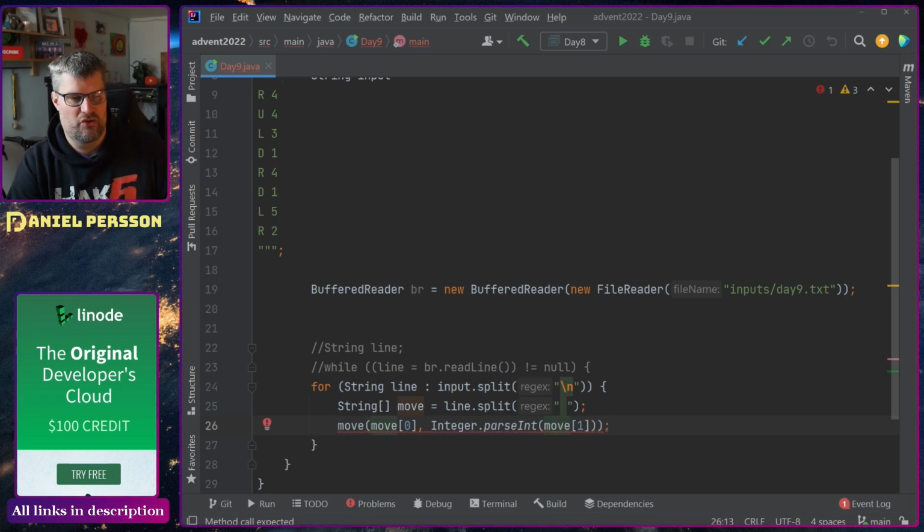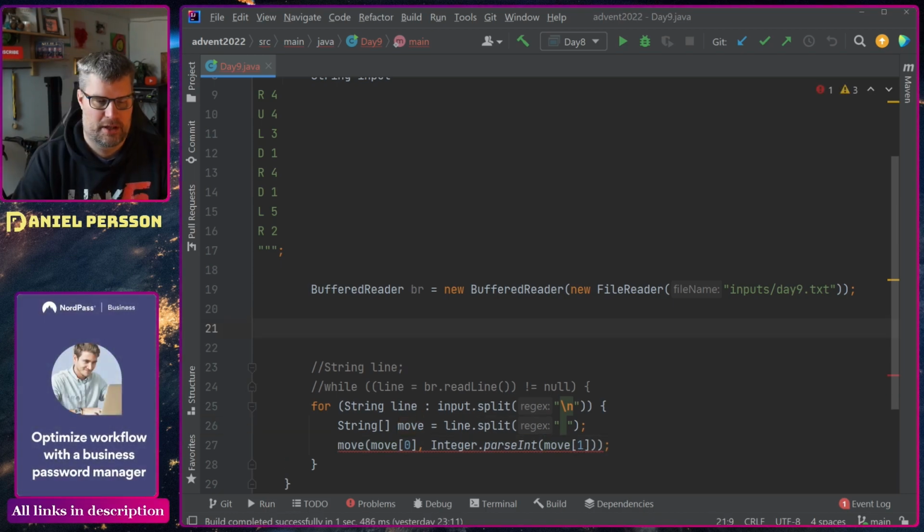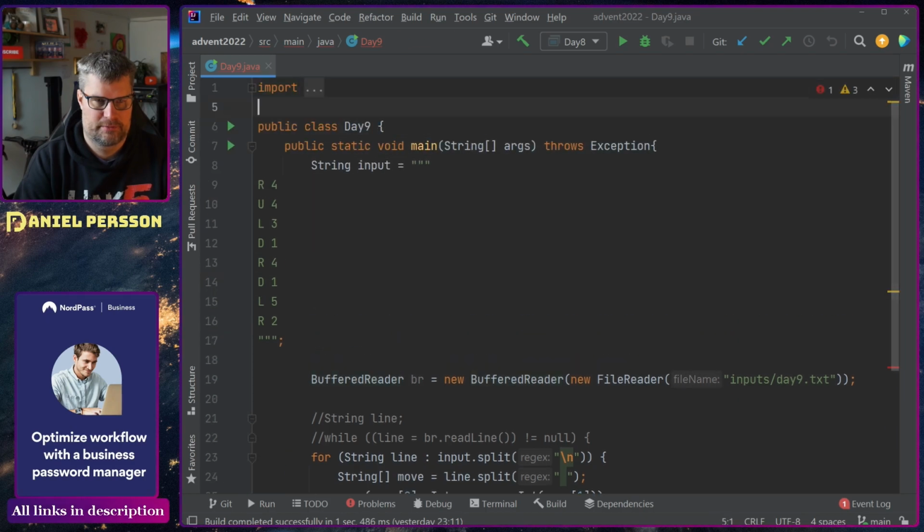So that's the move part that we want to do. And then we want to have, we can have